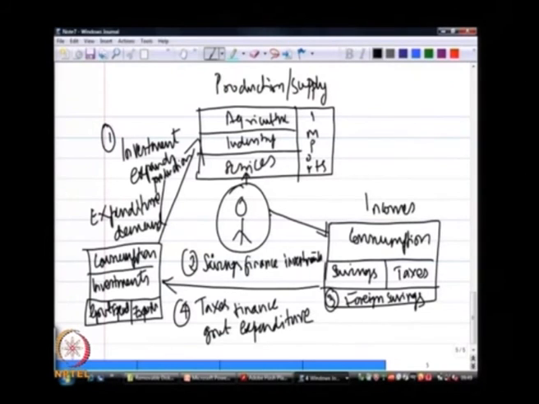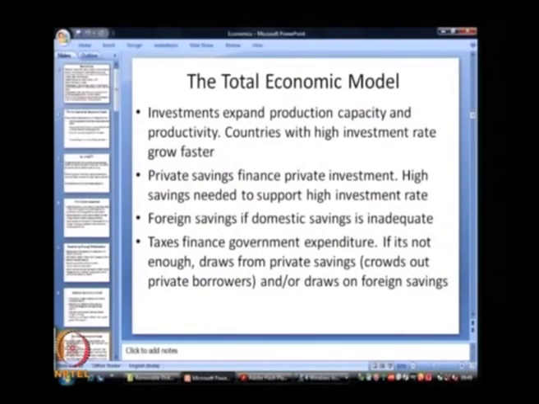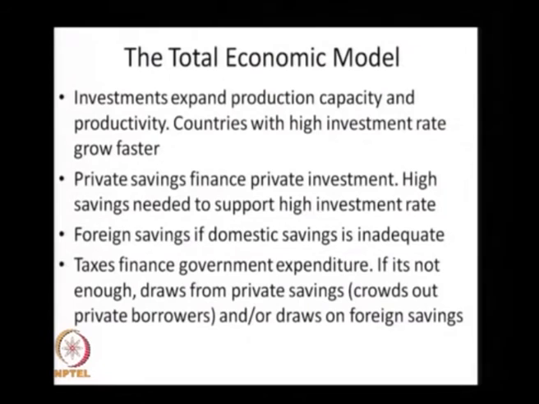So, if you look at the total economic model that I just drew here, you will understand that it is the investments that expand the production capacity, and countries with higher investment rate tend to grow faster. And the private savings actually constitute the source for private investment, and economies that incentivize savings so that there is more savings will have higher investment rates,